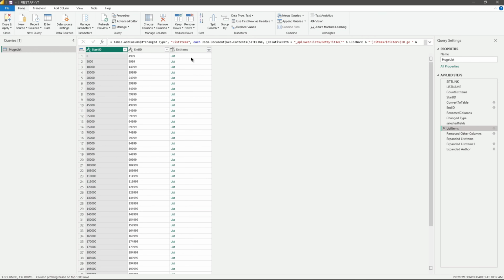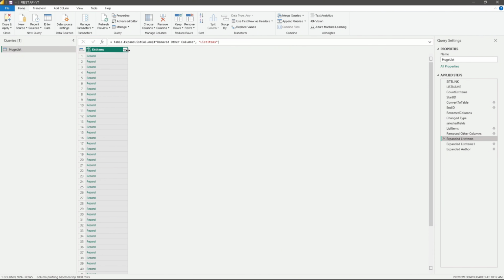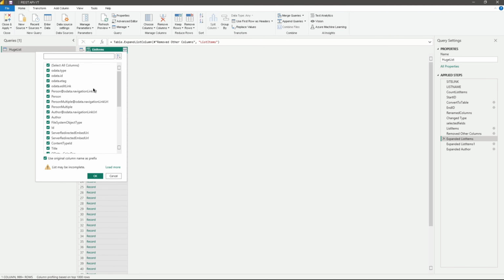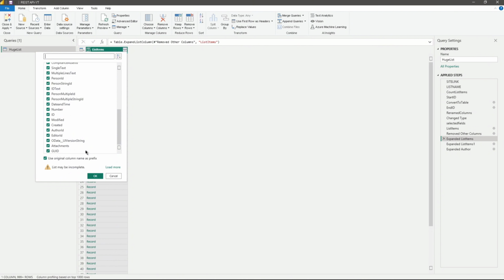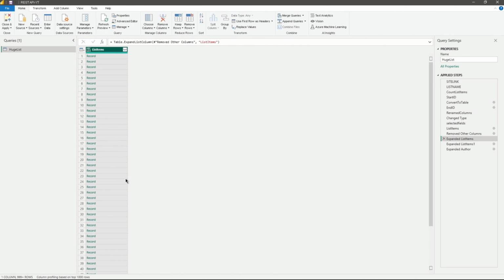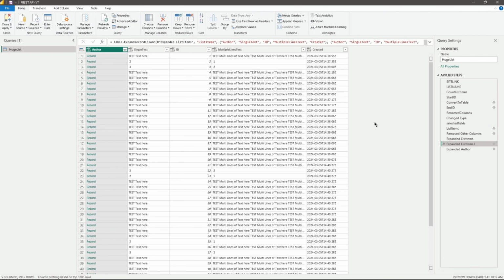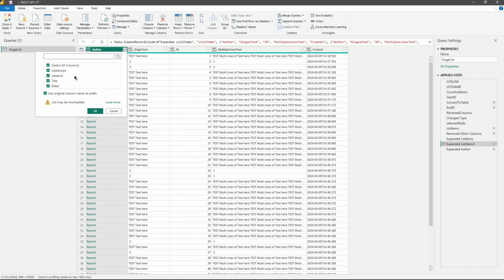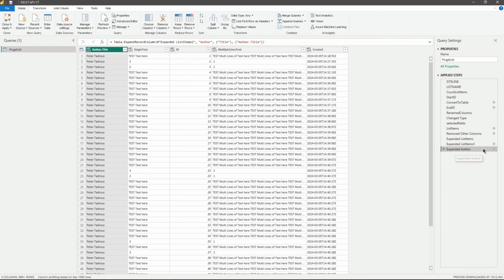So we just need that specific column. We don't need the start ID and the end ID anymore. We need the list items column. And then if you click on here, you find all the columns that you can expand. So select whatever you want. You can select them all at once. And these are for the author. Click on each of these person columns and just deselect and select only the fields that you like. And this is the final look. So let's go ahead and